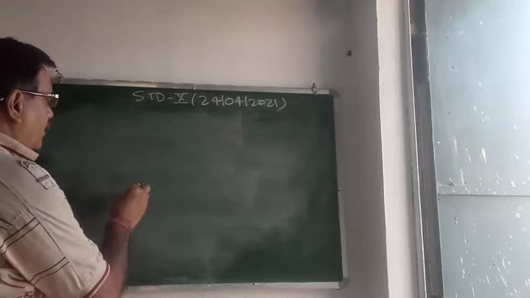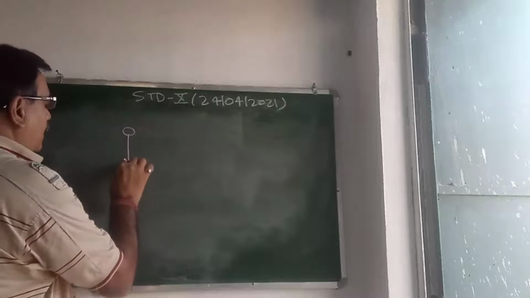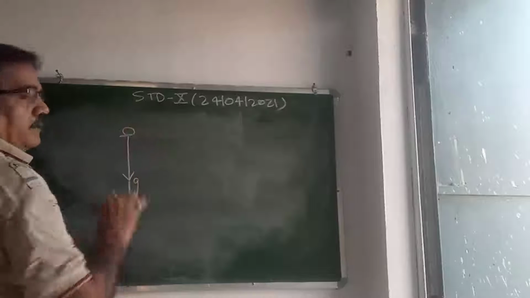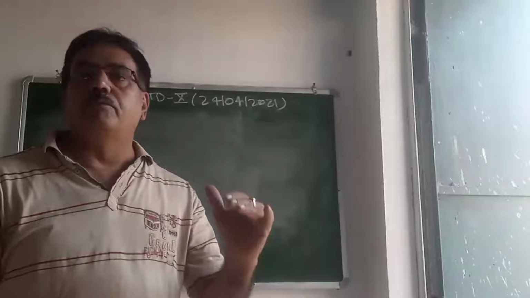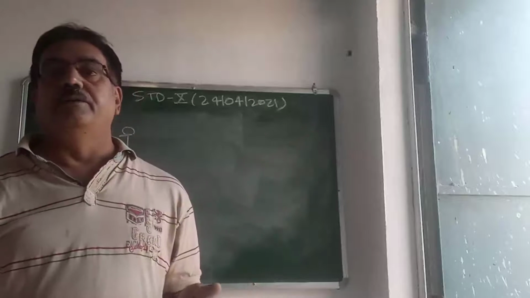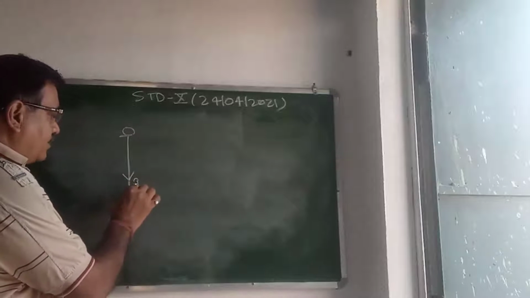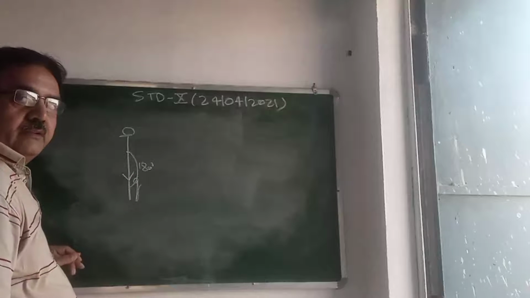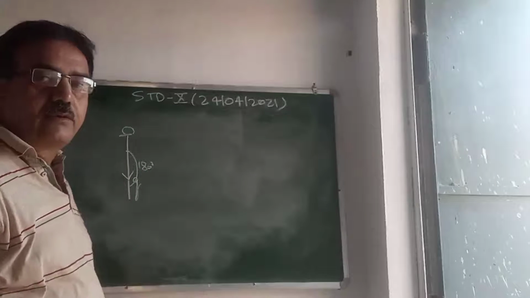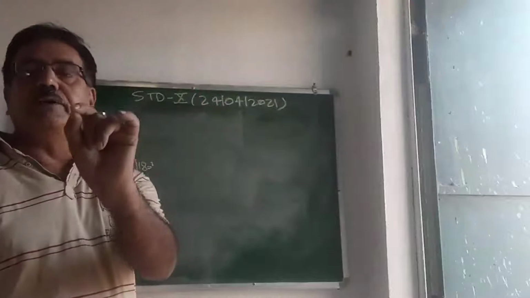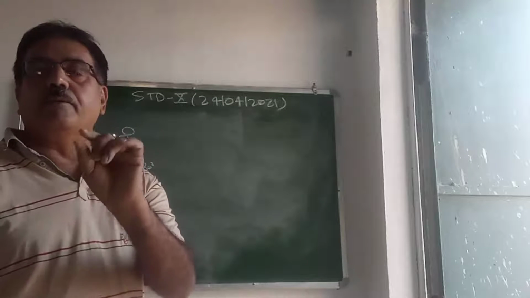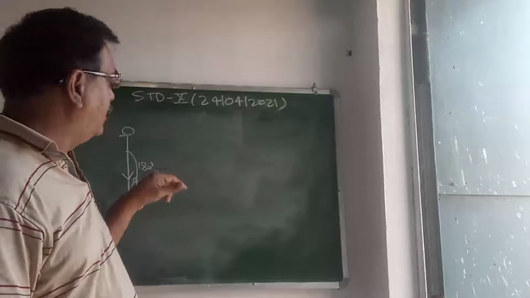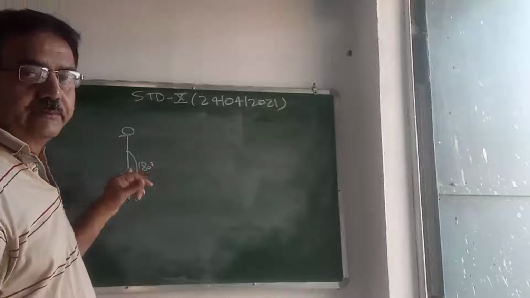Second example, when a porter raises a load on his head, at that time he does work against the force of gravity, a negative work. The force of gravity acts in the downward direction, and this is the angle. What angle? 180 degrees. So in this case, when he raised the load from the ground to his head, he is doing work. Right? He opposes the force of gravity which is acting downward. It means negative work, but he does the work.